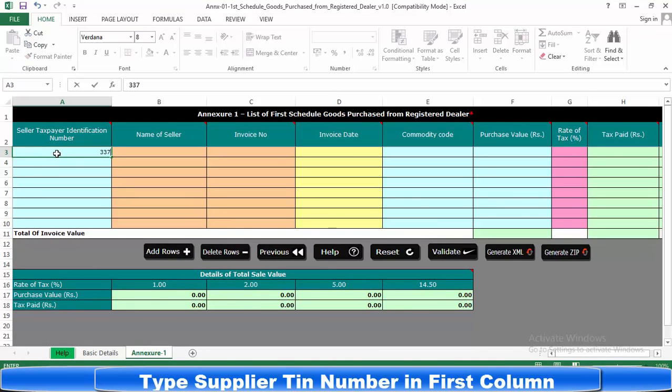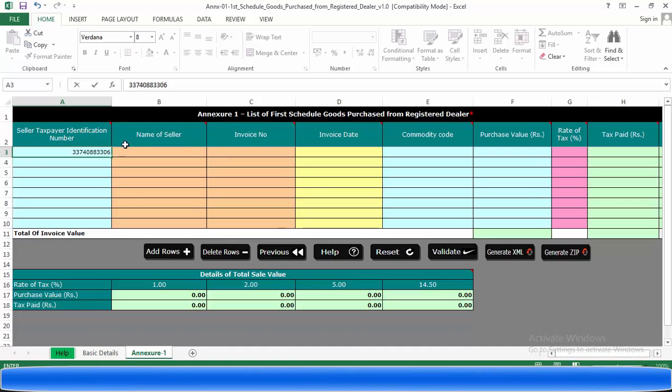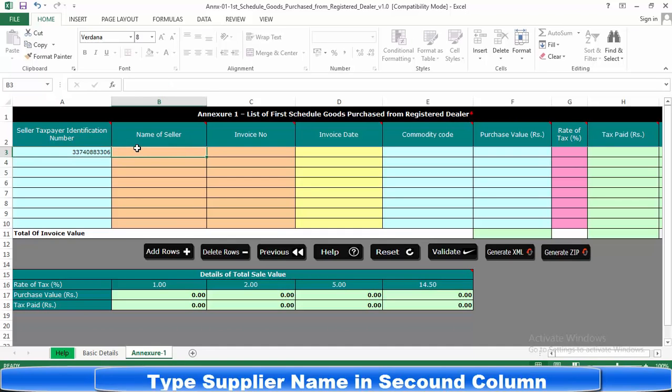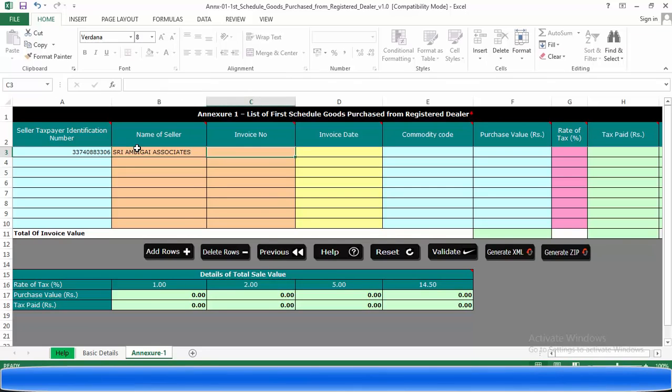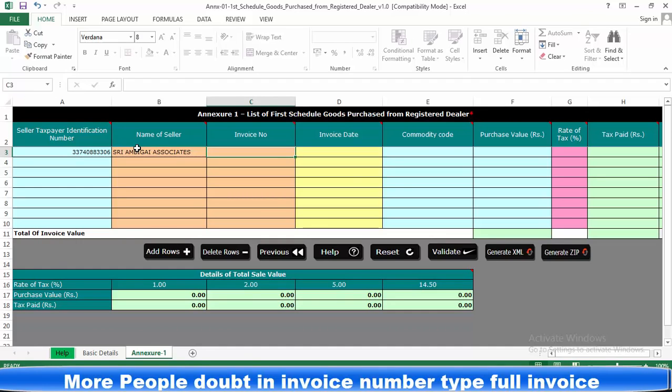Enter your supplier TIN number here. After entering the supplier TIN number, in the second column enter your supplier name. After entering the supplier name, enter your invoice bill.